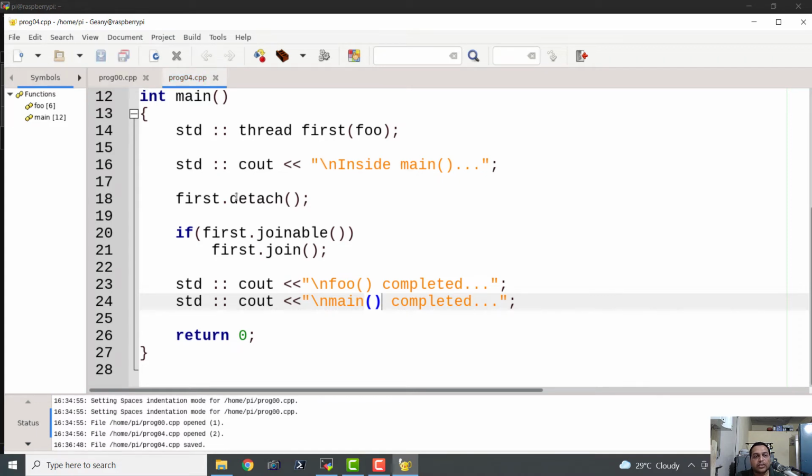Okay, now let us try to see if we can compile this program and if we can execute this program. Okay, so let us see if Geany is able to automatically compile this program using the thread library of C++. So we are going to click the compile button.